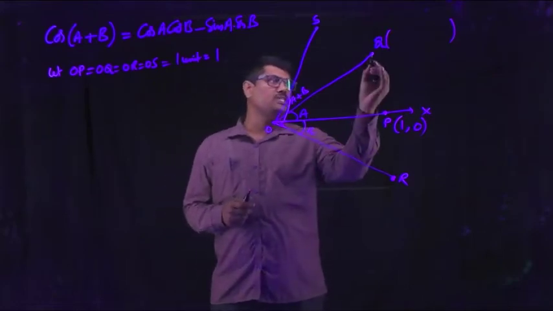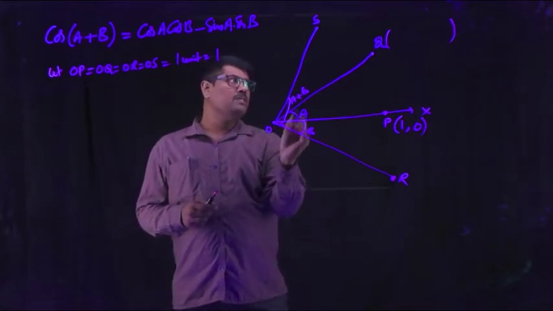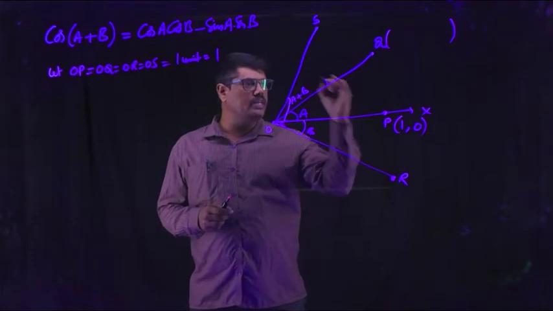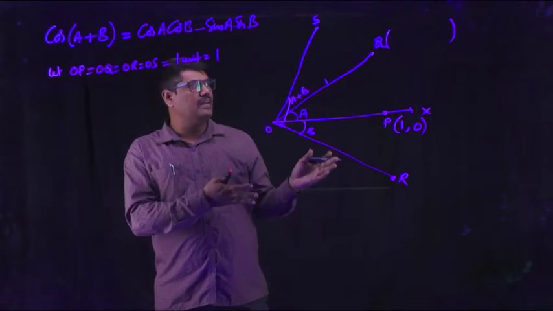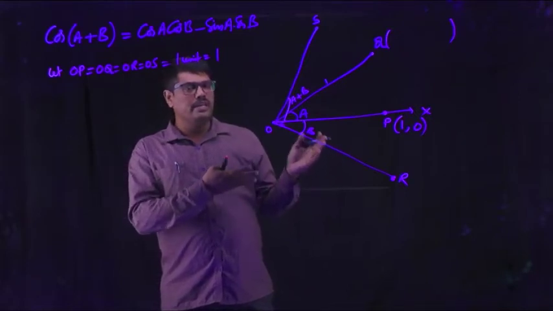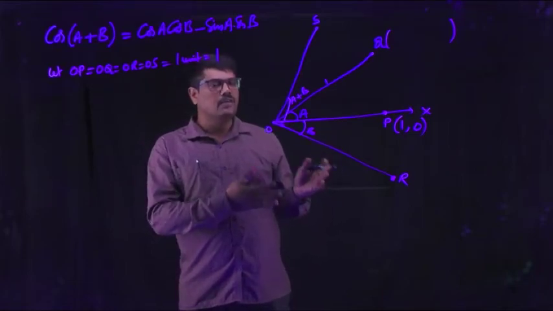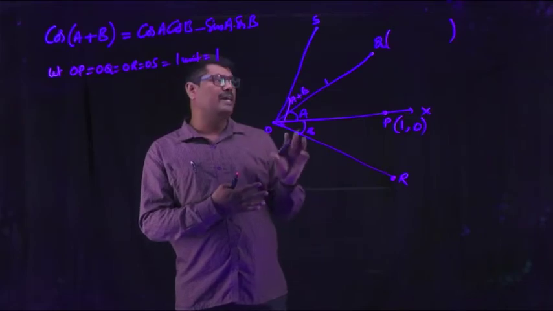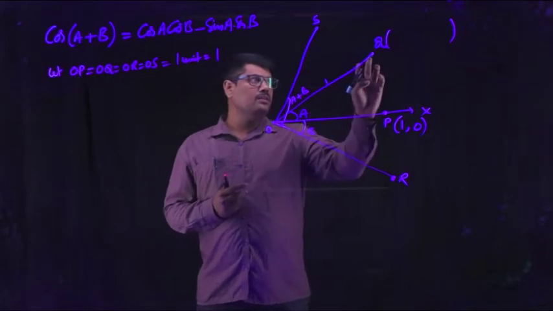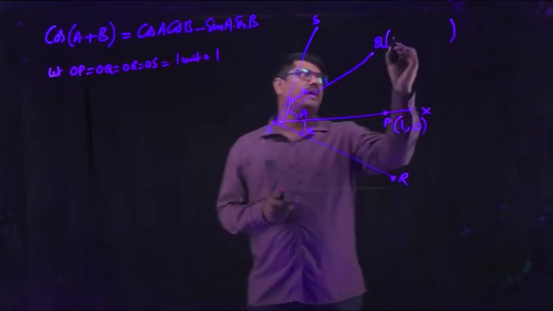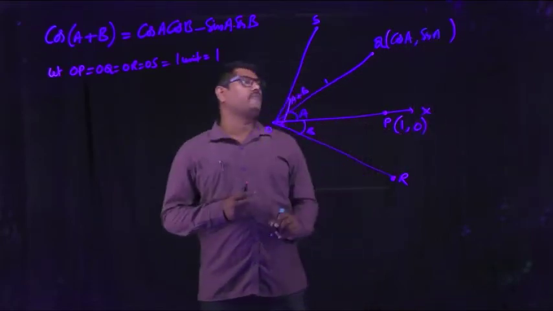Here observe Q is a point on the plane. The line joining the origin makes an angle A, and OQ is 1 unit here. So what are the coordinates? Already we discussed in our earlier stage: the coordinates of a point will be r cos theta and r sin theta. If you consider r as 1, the distance as 1 unit, then the coordinates will be cos theta, sin theta. So here this point Q makes an angle A, so its coordinates will be cos A, sin A.